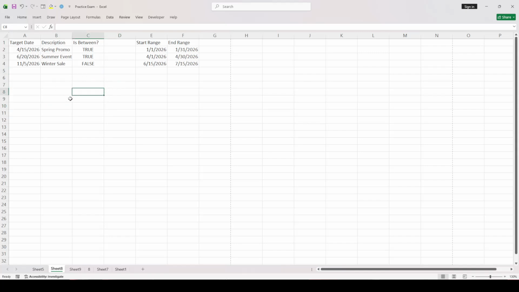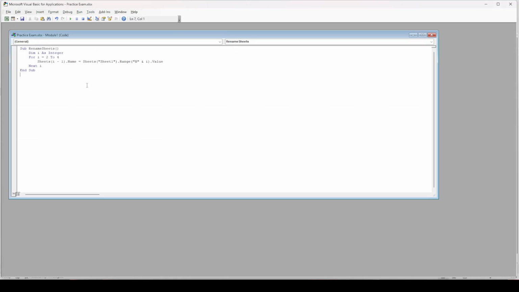to sheet names automatically. To begin, open your Excel workbook and make sure you can see the tabs at the bottom. Then you will open the Visual Basic Editor. Press Alt plus F11 on your keyboard. This takes you out of the regular Excel interface and into the area where macros and scripts are managed. Take a moment to look for the Visual Basic Editor window that appears, because that is where the next steps